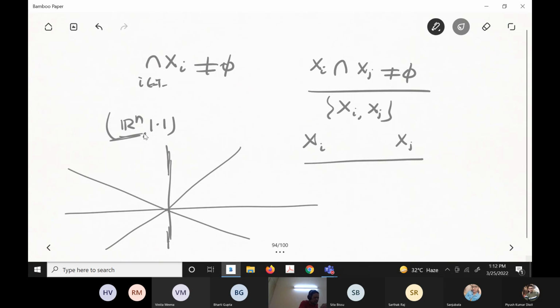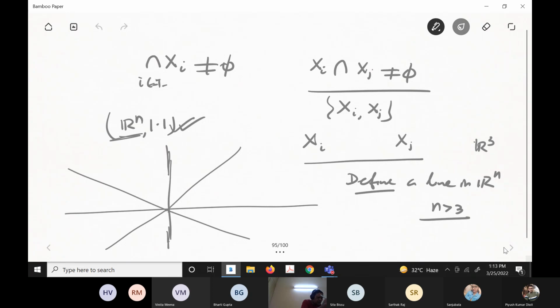A line in higher dimension can be defined similarly. You should know how to define a line in Rn. For n equal to 3 you also know the line in R3, and the same way you can define it in terms of parameters. So if you take all lines passing through the origin and apply corollary 3, that will tell you this is connected. That's the idea, the advantage.